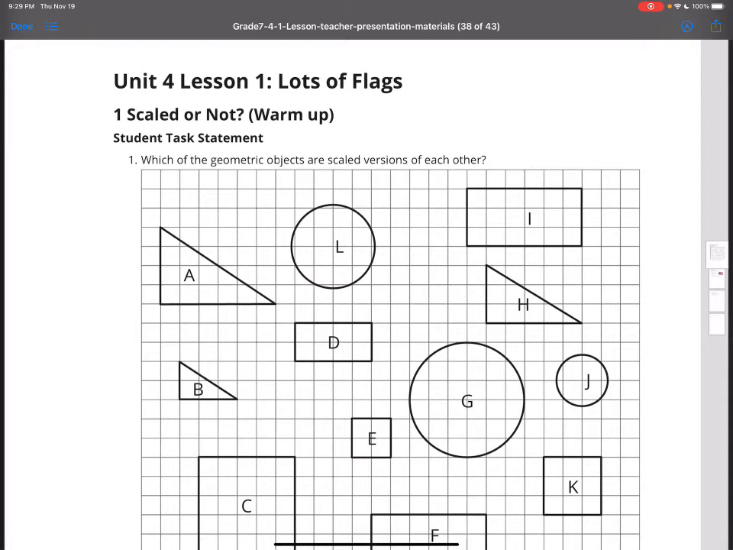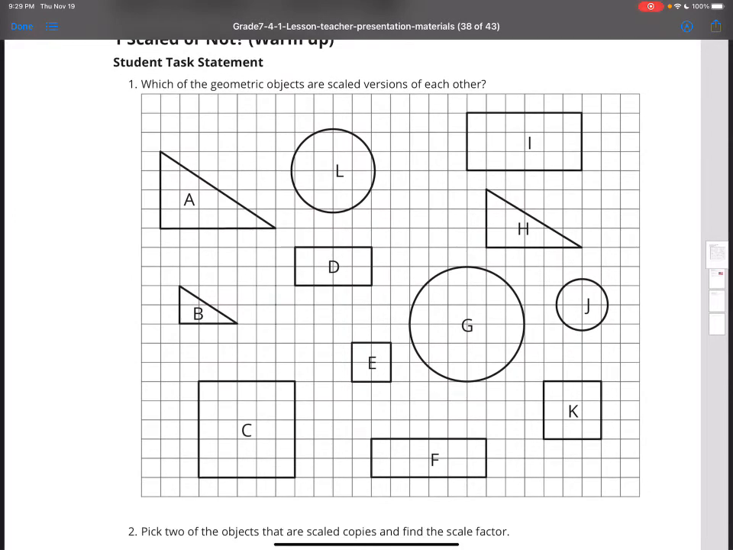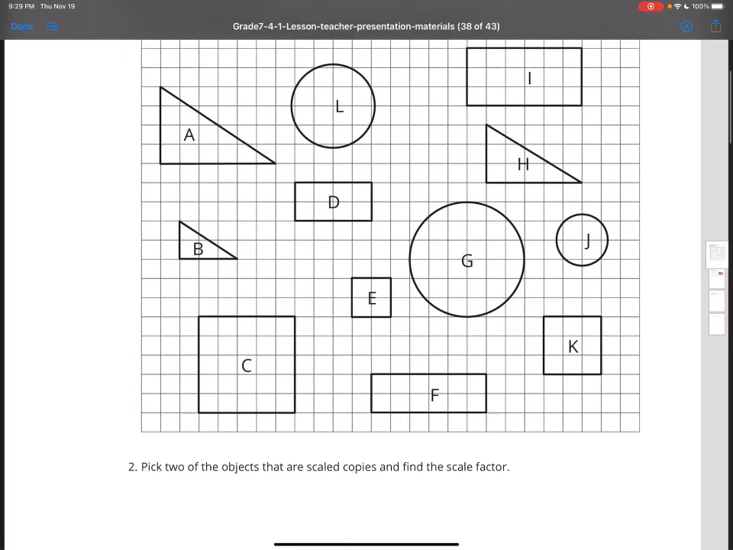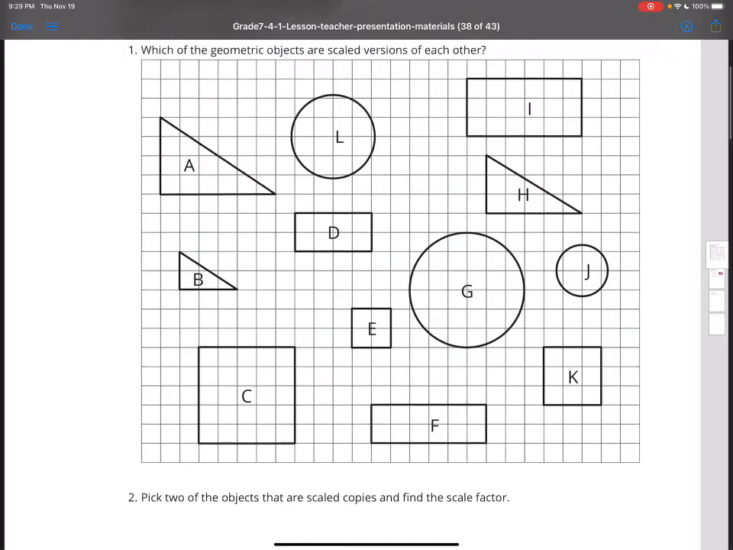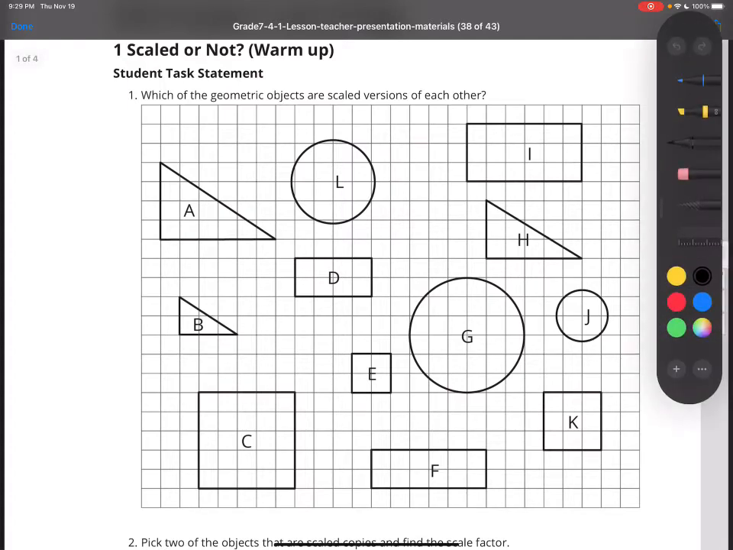All right, guys, so this lesson first opens up with an exercise called Scale or Not. Number 1 is asking you which geometric objects are scale versions of each other. And then for number 2, it says pick 2 of the objects that are scale copies and find the scale factor. All right, guys, so what we're going to be doing is matching. I'm going to use a highlighter to indicate which ones are scale copies of each other. Of course, I'm going to start with A,